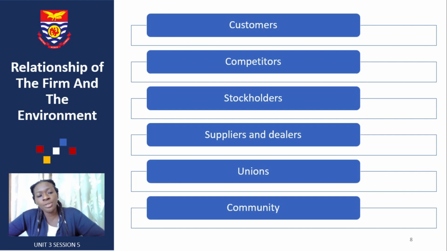Unions: I made mention earlier that these pressure groups are looking for the interest of their members. Sometimes when strikes come, some people go and give some envelopes, and the people at the top, instead of looking for the interest of their members, look at their own interest and then go away. But we actually ask ourselves, is this ethical? Is this right?